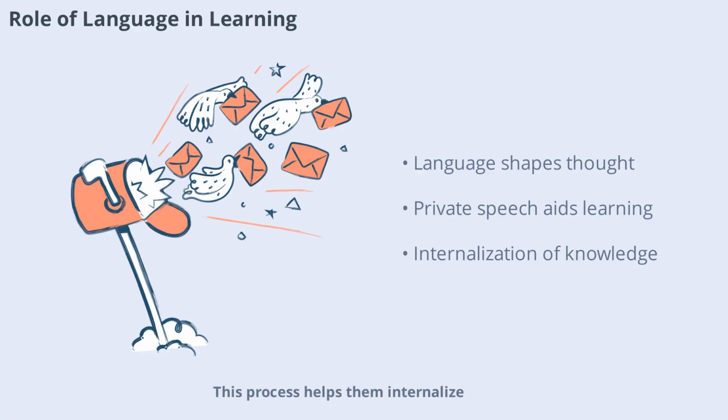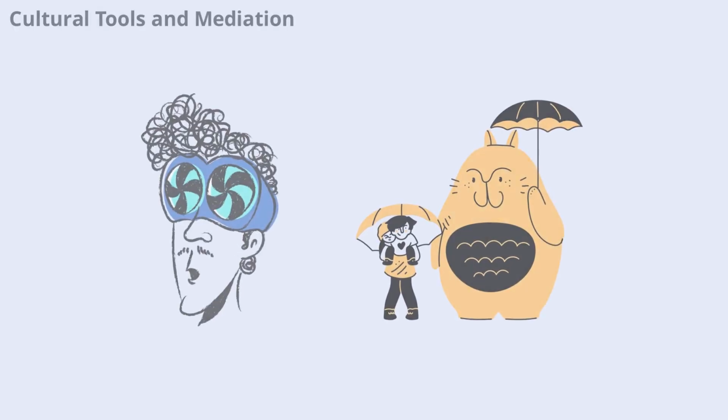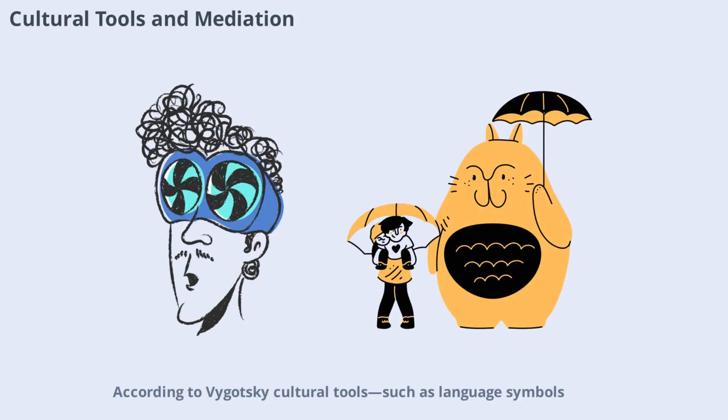This process helps them internalize knowledge and develop higher mental functions. According to Vygotsky, cultural tools such as language, symbols, and technology mediate cognitive development. These tools are passed down from generation to generation, shaping how we think and solve problems. The process of mediation allows children to build on the knowledge and skills of their culture, making learning a deeply